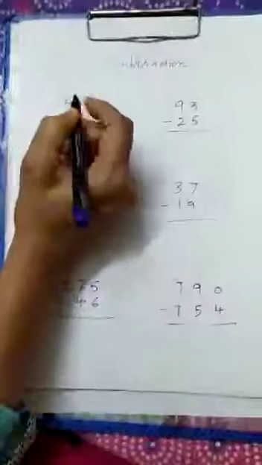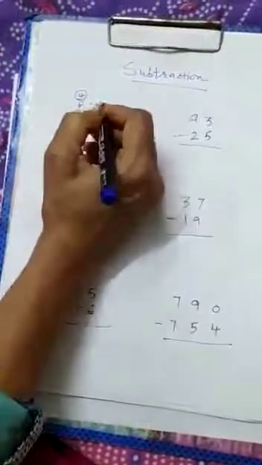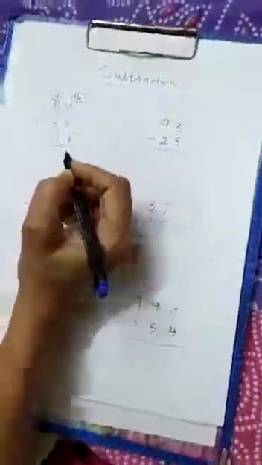No. So now we will borrow from 5. We will cut 5 and we will write here 4. And here we will write, what will we write here? 14. Now 14 minus 6 means what will be the answer? 8. And 4 minus 3, 1. So 18 is the answer. Now next example,